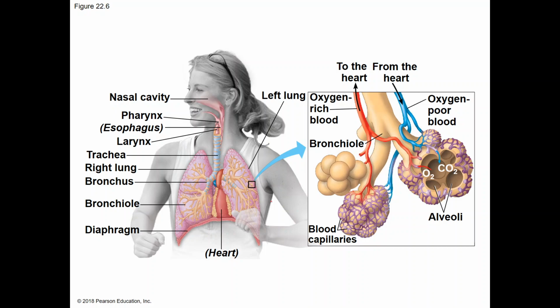So in mammals, air is inhaled through the nostrils into the nasal cavity. There are hairs within the nasal cavity that help to filter out any foreign objects, and also there are mucus surfaces that keep the airway nice and moist. The air is warmed and humidified and sampled for odors, and that inhaled air then passes through the pharynx,